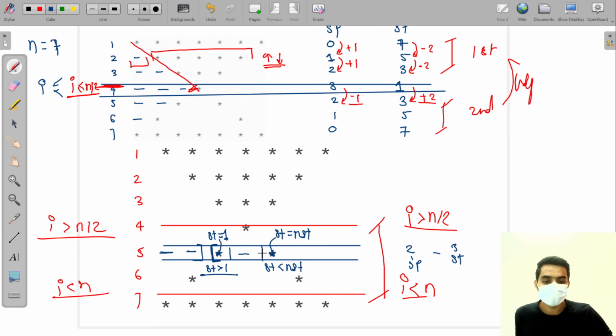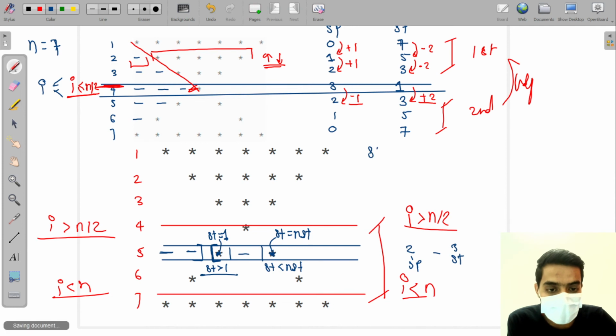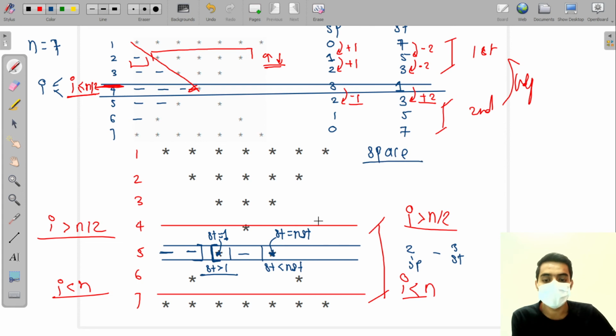We need to run an if condition for spaces here. In the else part, it will print stars.